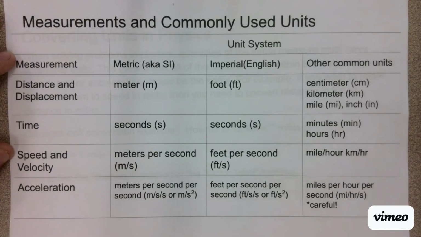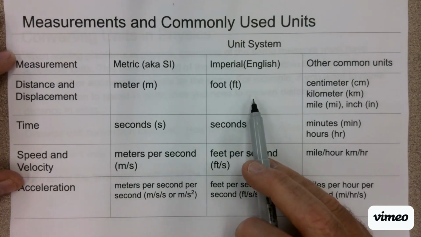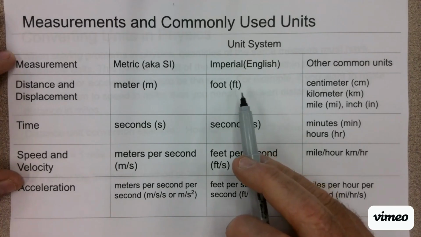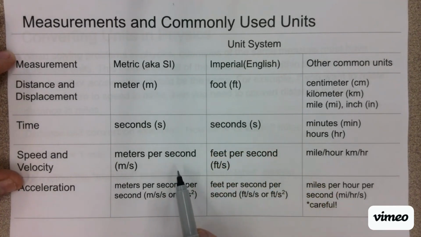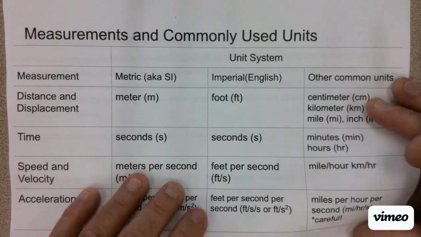But it also extends into much more complex calculations. If you want to find a speed in meters per second, you can't use a distance in feet. You'd have to have a distance in meters. So if you were given a distance in feet, you have to convert it to meters first, so that then you can find a speed in meters per second. So what I'm going to do is show you the process we would use to do that. So on the next slide,